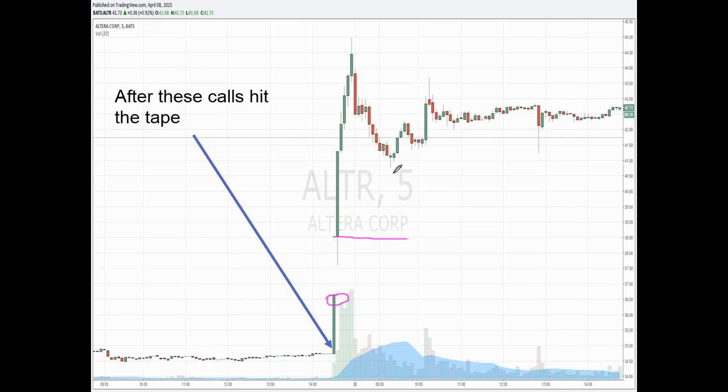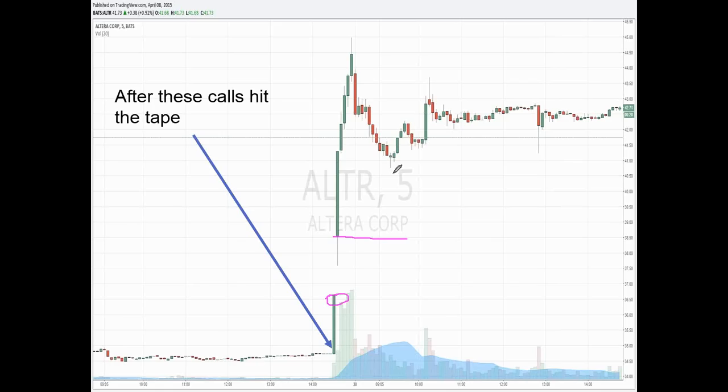wrote a report that said, hey, a study just showed that this happens a lot more often than we think it does. If we go back and take a look at all of the M&A deals over the past 10 years and take a look at what the options order flow was like ahead of those merger and acquisition deals, well, 30% of the time there is some type of telegraphing unusual options activity. So almost 1/3 of all deals that go down have some type of unusual options activity ahead of them. Okay, so that just goes to show you that, hey, if I'm paying attention to this, I can really find some huge home runs with positions like this ahead of merger and acquisition deals.